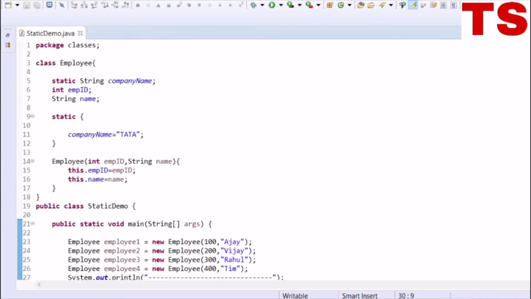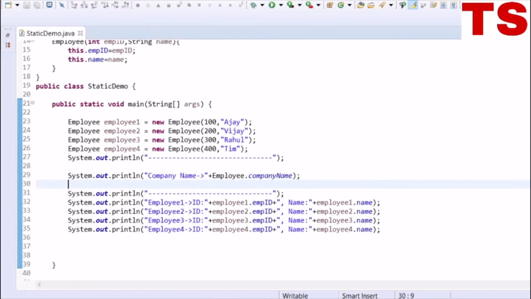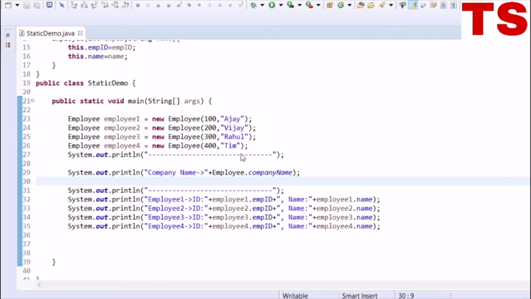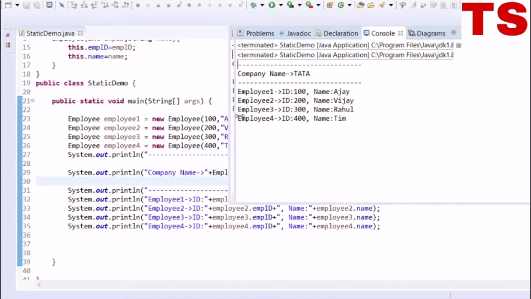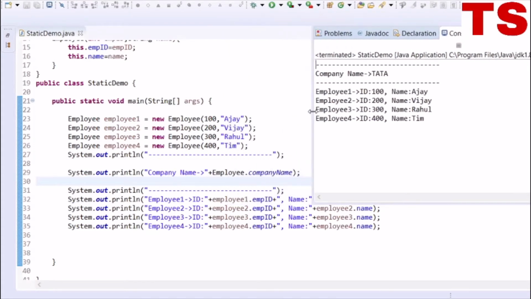As you see, the company name for all the employees is set in a static block. After executing this program, you can see that the company name and the information of all the employees is displayed at the output.